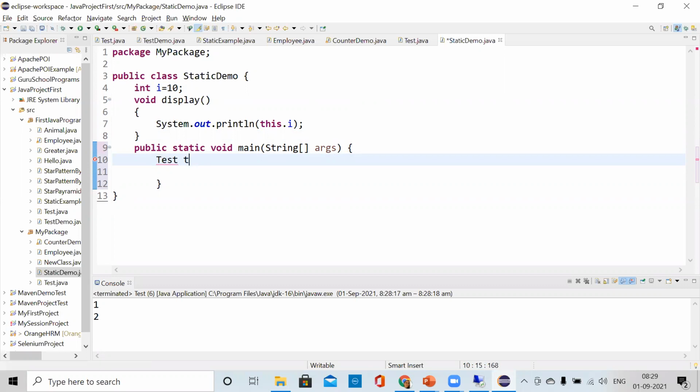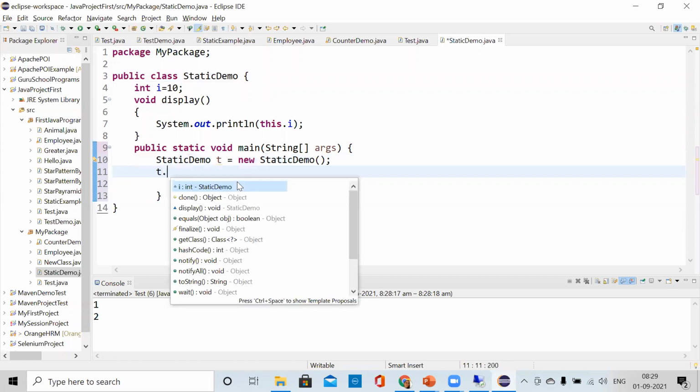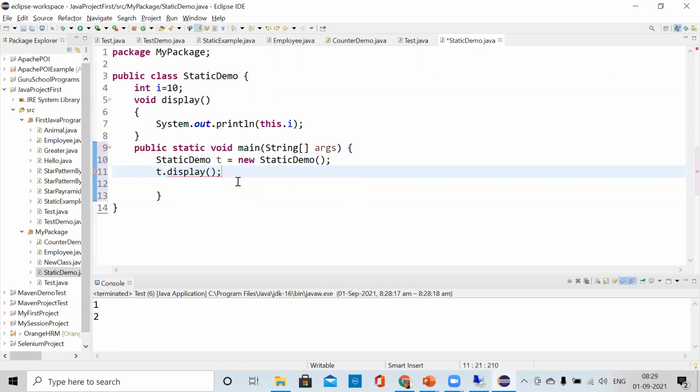But you understood, right, what I'm telling? Class name static demo. So if I write like that, it will work and gives you the 10.